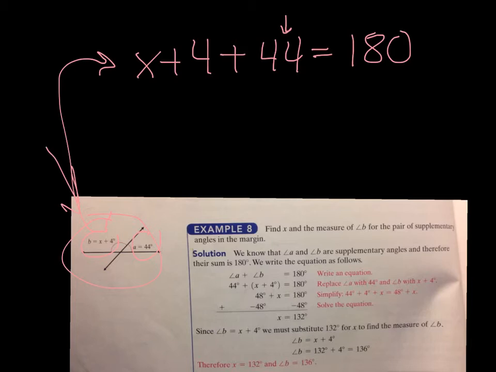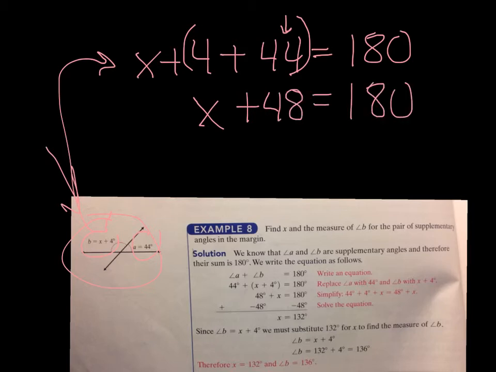So what do we need to do? Now this time, notice that it has gotten a little complex because now we need to add our two numbers or simplify this before we move on. So I need to take my 4 and my 44 and add them together, which equals 48. Notice I haven't moved anything from one side of the equal sign to the other yet. I've just condensed here. Now we can subtract 48 from both sides. And what does that give us? Well, that gives us x equals